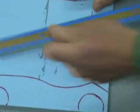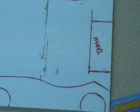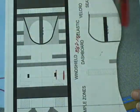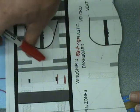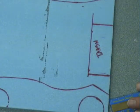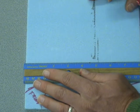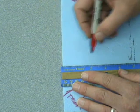And then down here I'm going to do my ribs. I'm going to cut out, there's 1, 2, 3, 4, 5, 6, and I'll do a 7th one as a crumple zone. I'm going to bring those down on the board. All ribs are the same, and I'll do these measurements up on the board so you don't have to guess, but all these ribs are 3/4 of an inch apart from one another. So if we go down here,